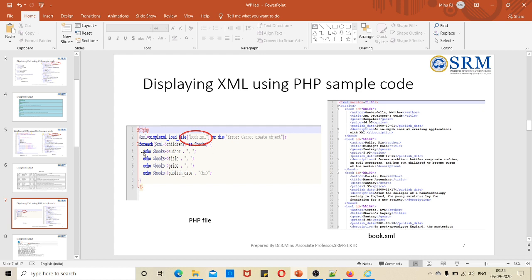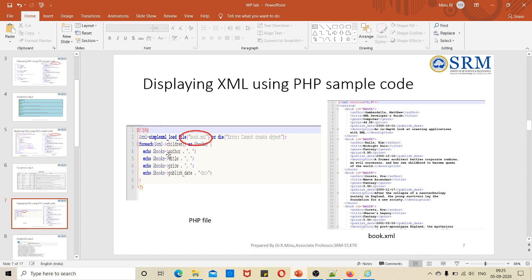Now using the same foreach statement, we are going to get all the child elements of this coding. So I used $xml->children, in the sense that the entire children elements we need to display. Using this function, all the child elements are retrieved into an object called books, and to display it over here I used the echo command.